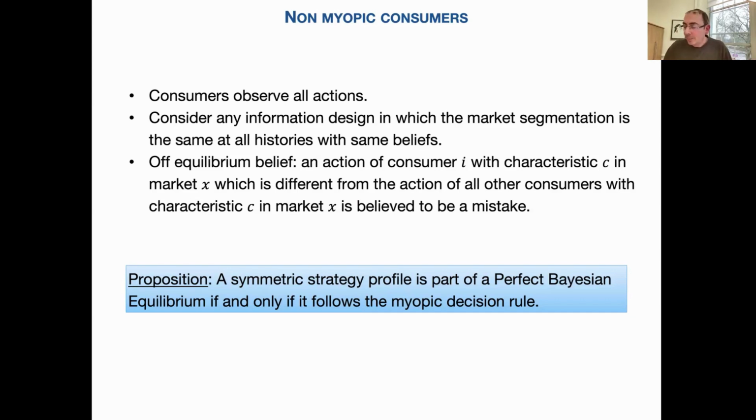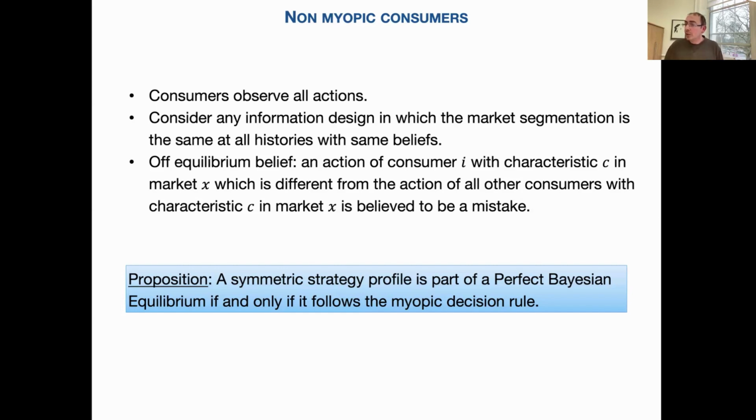Since the platform observes the characteristic of the individual, if the platform sees that everybody except Dimitri buys at a particular price, the designer can just say, okay, Dimitri has made a mistake. I ignore whatever Dimitri has done, so I'm not going to update my beliefs about the type of Dimitri and all the other people that have the same characteristic as Dimitri. I use the behavior of the majority of the people that have the same characteristic as Dimitri, but then the continuation is not changing by deviating.